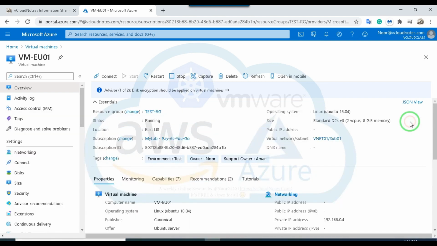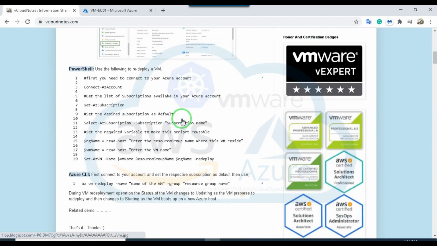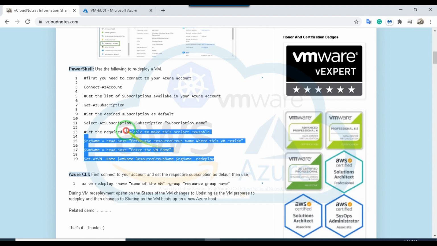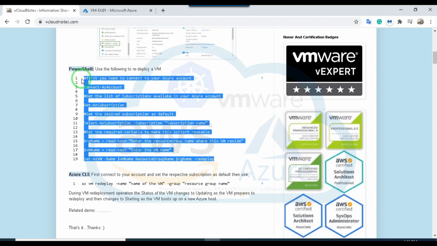Okay, so this is how you can redeploy a VM from Portal, PowerShell, or Azure CLI. If you want to get the commands which I used, they are listed on my blog, bcloud notes. I set variables for VM name and resource group name, so you can use this for any VM which you want to redeploy. It would prompt you to enter the VM name and resource group name, and once you click enter, then it would